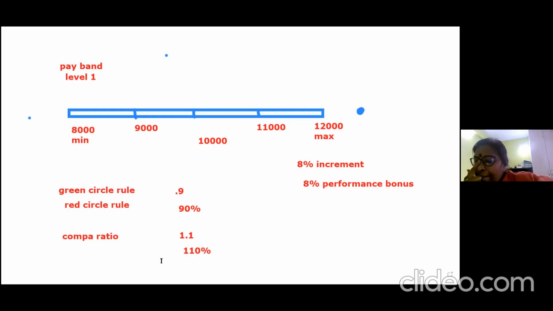Are you with me, guys? For example, I have an experienced person. Some people will say, hey, get him at a maximum salary. But if I get him at a maximum salary, next year what will I do? The business hiring manager will say anything. Ultimately, the compensation team will have huge issues if they don't push back, saying this can't be done. As a practitioner, I know this is a tussle between the business and HR. Always get him at any cost. But does the pay band allow you? So these are some of the things we need to look at.